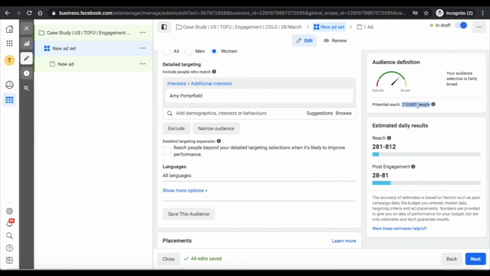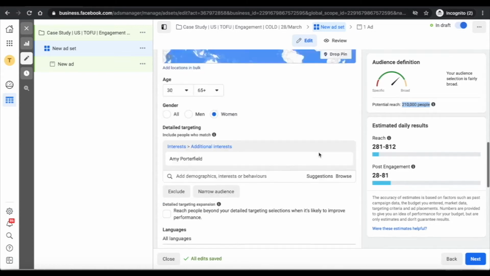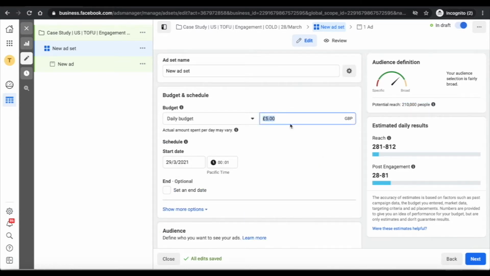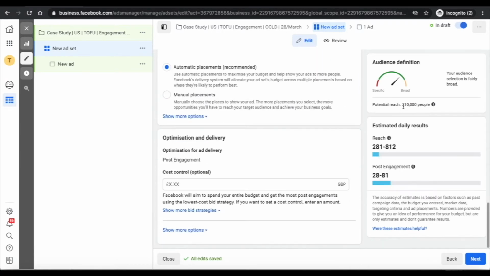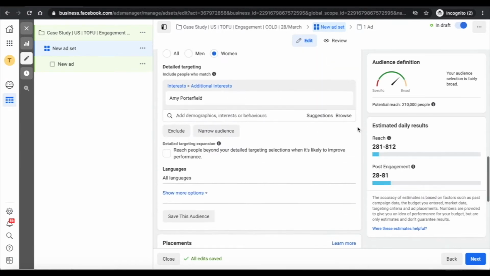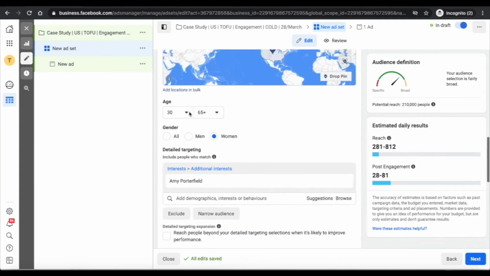Now, if your question is, but Pam, what's the maximum number of audience that I can have, and what's the minimum? In all honesty, I try to work from anything from 100,000 to 1 million for this level of budget. Okay, so you want to keep it quite small. So I'm quite happy with 210,000,